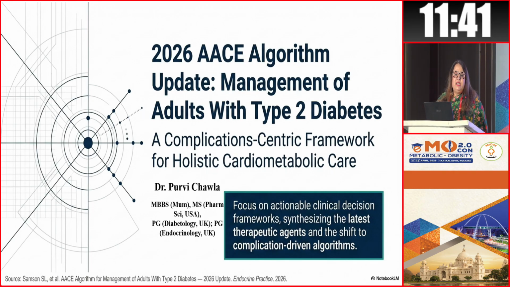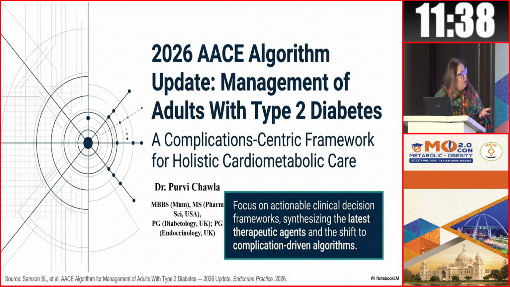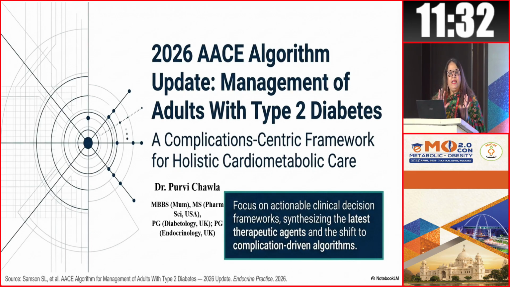2026 the ACE algorithm update is fresh off the oven. And predominantly, because I don't know how much I'll be able to cover in literally 11 minutes, it's a change in philosophy and our thinking. They are recommending us to follow a complications-based or complication-centric approach rather than glucose-centric or weight management. It's all to do with using the right class of drugs right in the beginning rather than first step and second step. Just look at the patient, profile that patient in front of you, and then use what you have